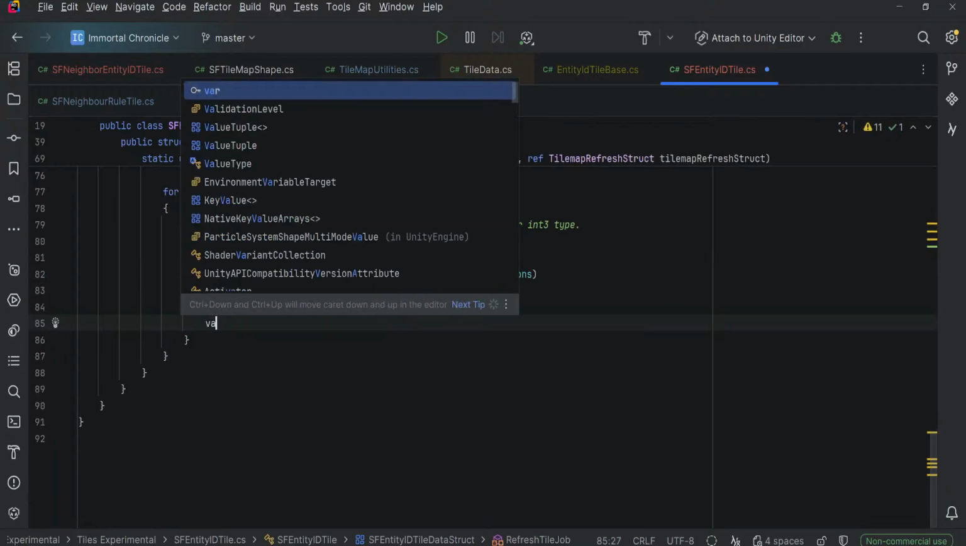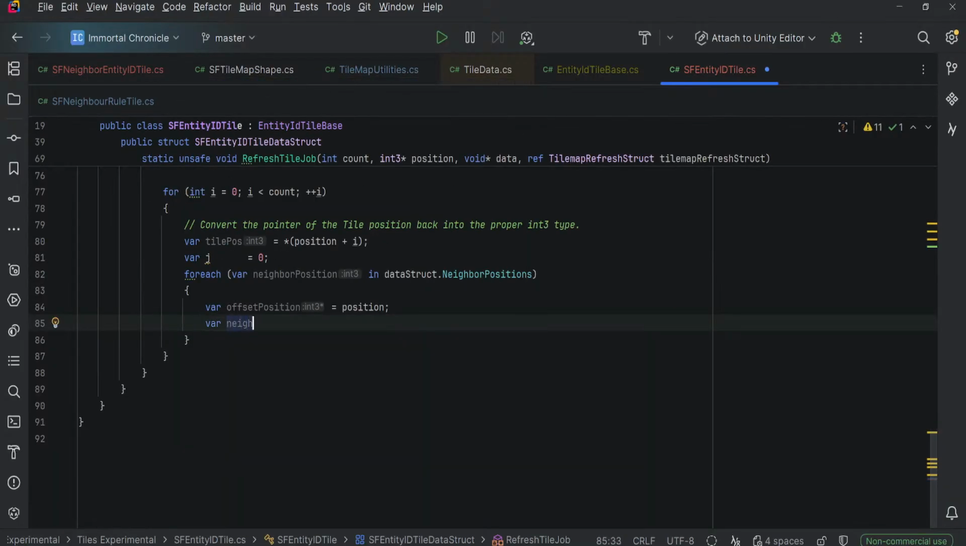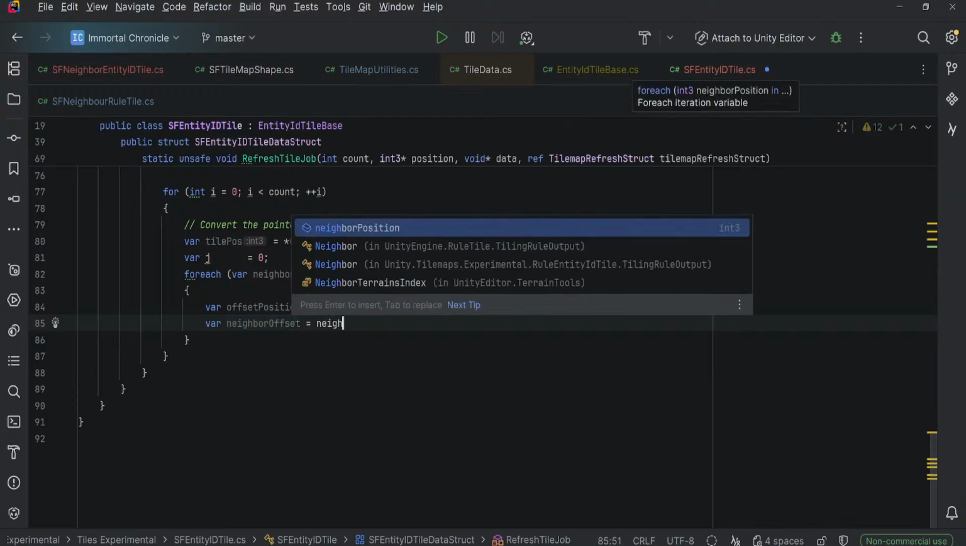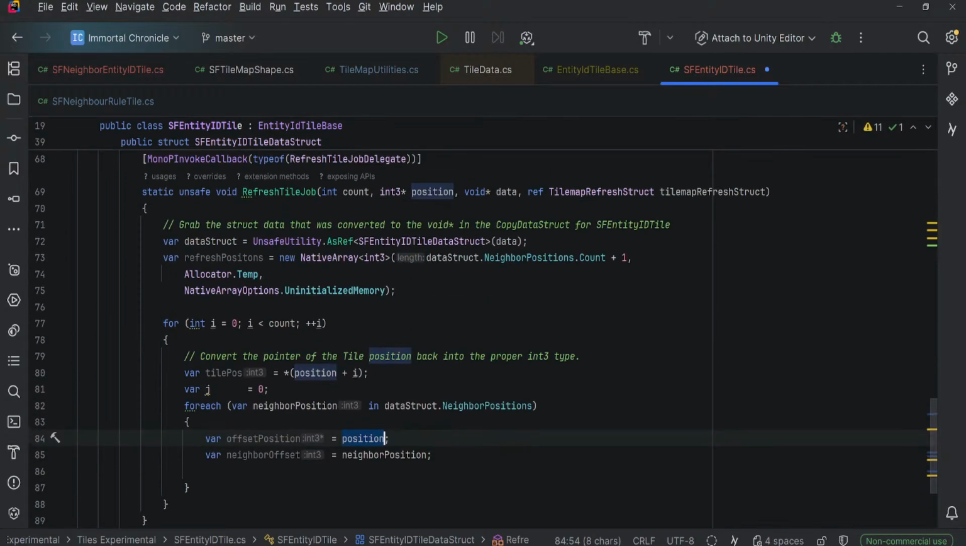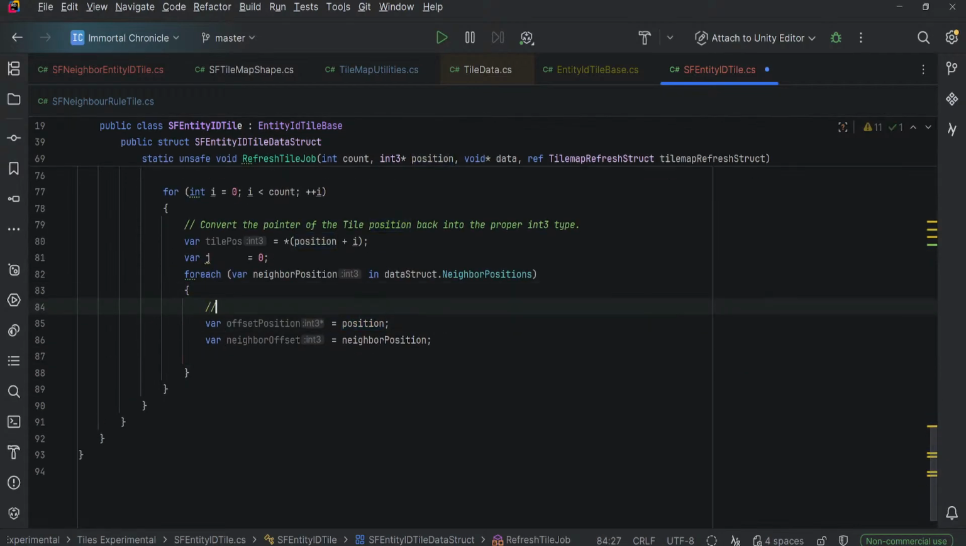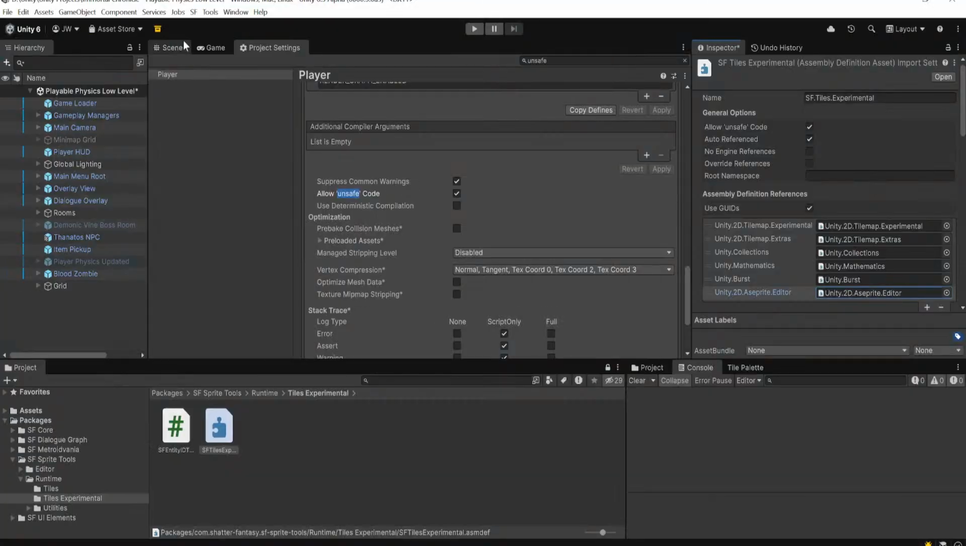And bar neighbor offset equals neighbor position. Position equals, and yeah, okay, so this is the actual position, or this is actually okay. The offset position in memory. Oh my god, Unity, what are you having me do? Okay, so